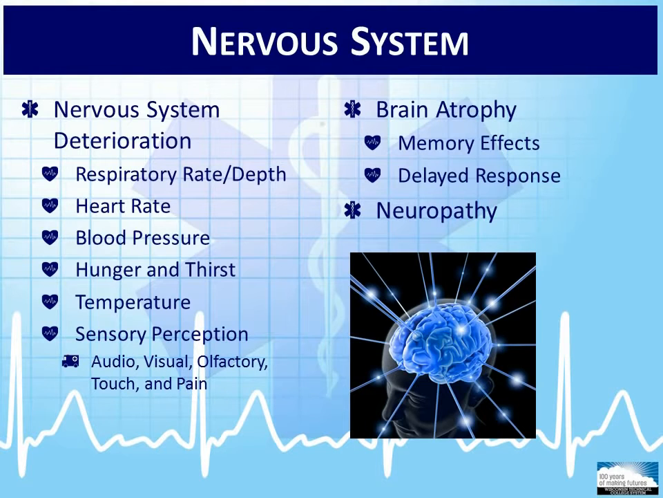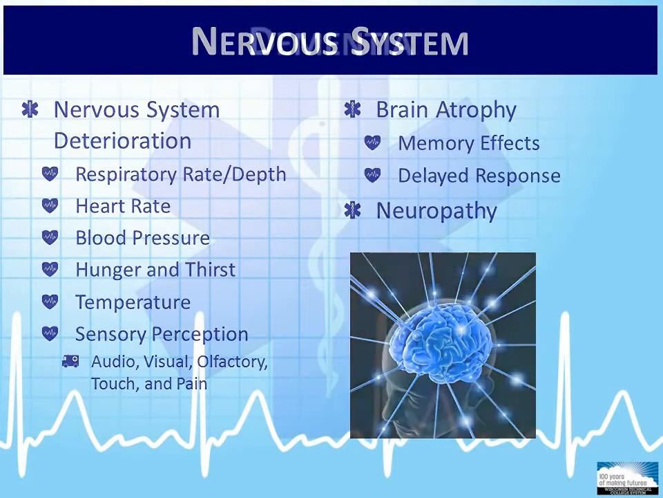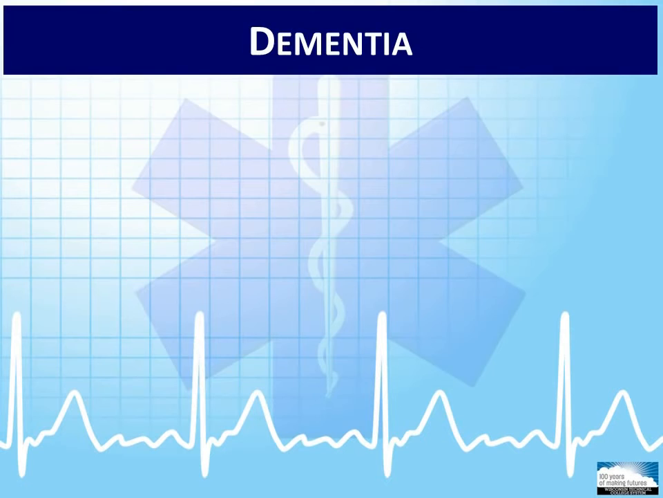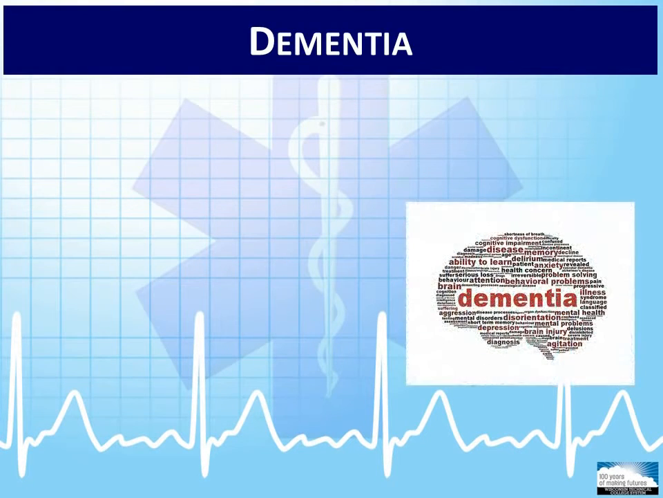Neuropathy occurs as a result of gradual damage to nerves over time, and geriatric patients may occasionally complain of numbness, tingling, and or burning pain in their hands or feet, referred to as peripheral neuropathy as a result. Given these neurological changes, geriatric patients are at an increased risk for developing dementia, which is a